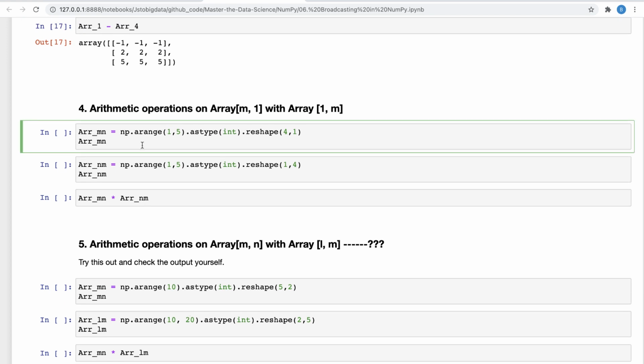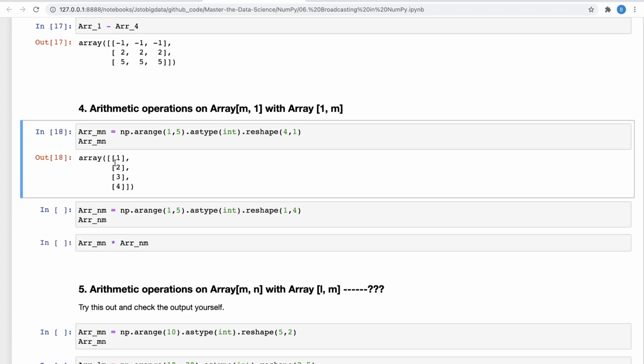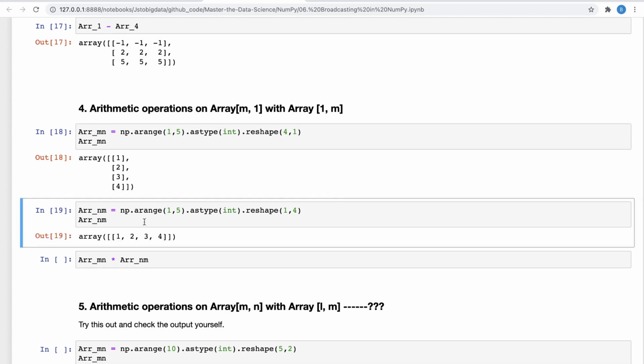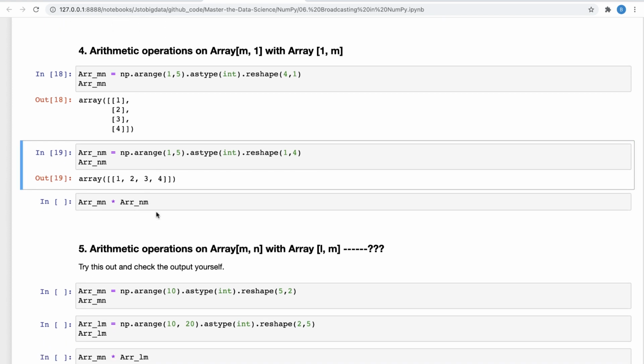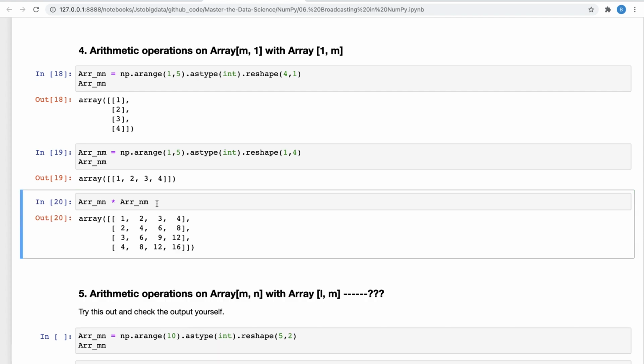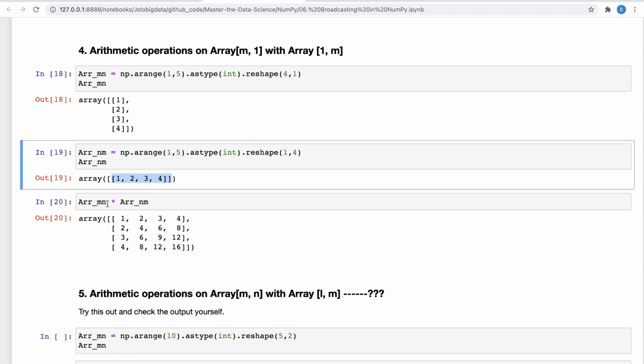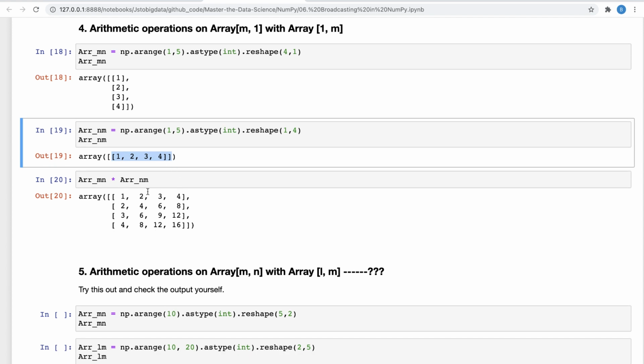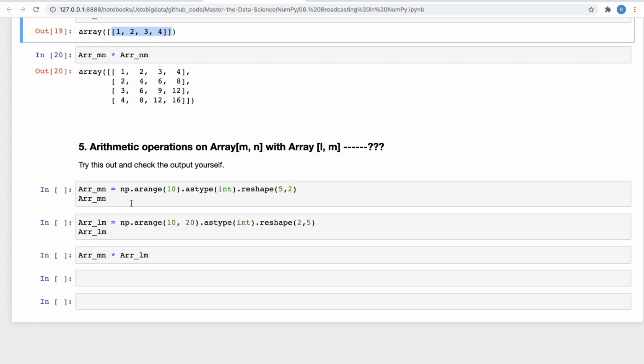So if you want to change the data type and then convert it into another shape, let's do that. If you have, let's say, m by 1 and 1 by m, this is of the type 4 by 1, right? So there are 4 rows but 1 column, and then there will be 4 columns but 1 row, and then you want to multiply them. That is also possible, because your 1 column would be broadcasted into 4 columns, and then first row would be 1 2 3 4, second row would be 1 2 3 4, third row would be 1 2 3 4, and fourth one also would be 1 2 3 4, and that's how you get to multiply both of those. Let's just take another example.